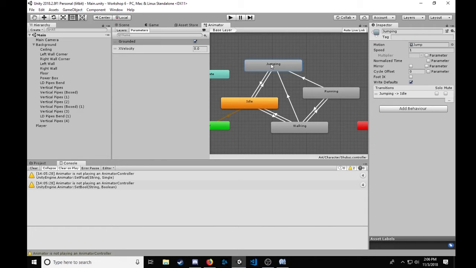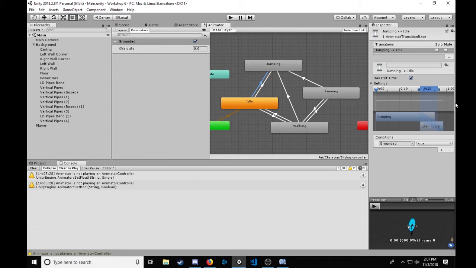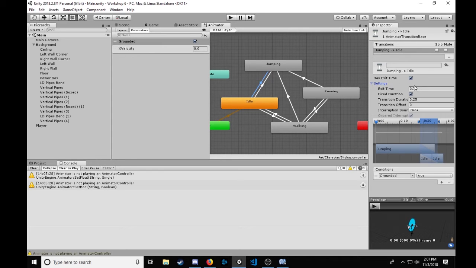For all of these transitions, they have something called exit times, which is basically the time it takes to move to the next animation, as well as transition duration and all of this. So if we just disable has exit time and fixed duration for these transitions, and I would go ahead and do that for all of them,